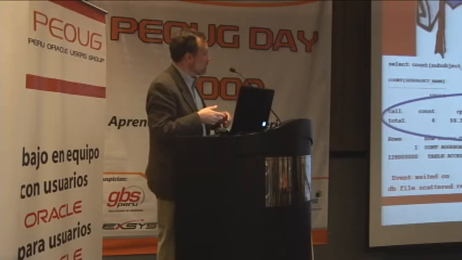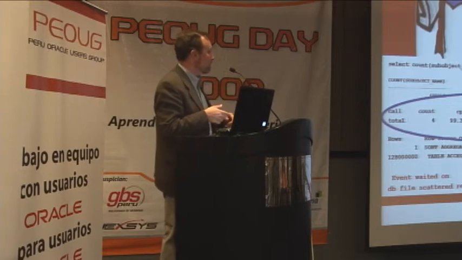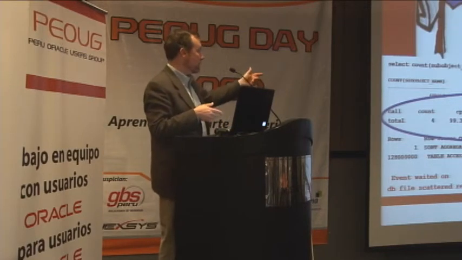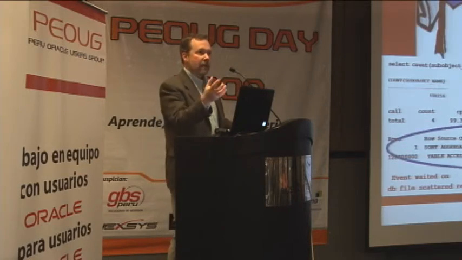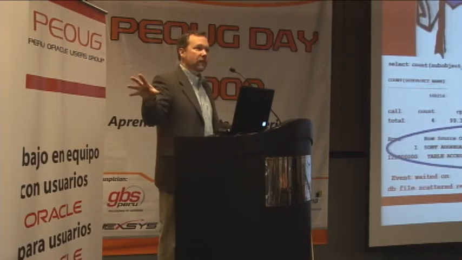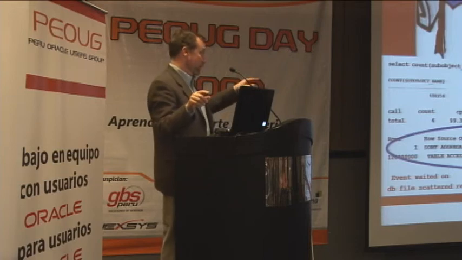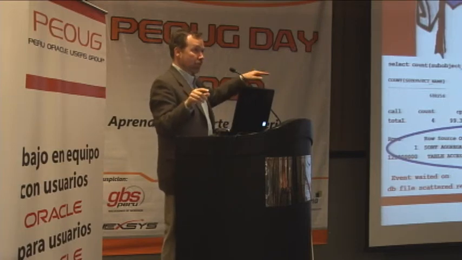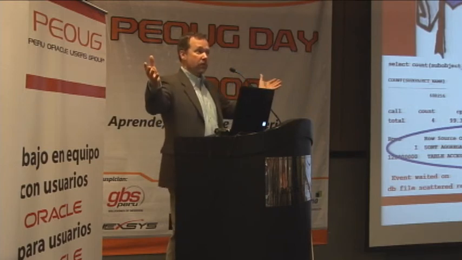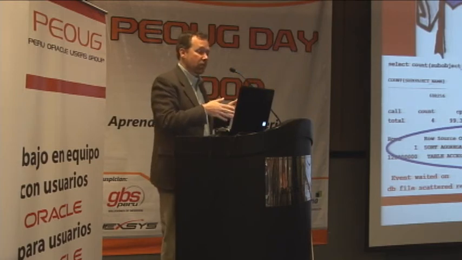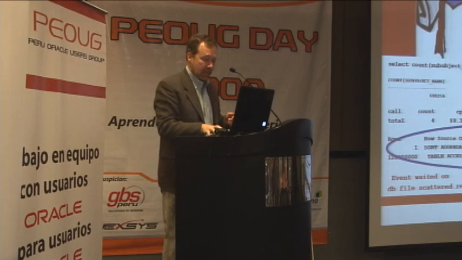It did lots of physical IOs, 1.8 million, and lots of logical IOs as well, 1.8 million. We get to see details down to the individual steps of the query plan itself. We can tell you how long each one of those steps took. So I can not only tell you how long the query took to run, I can tell you how long each individual part of the query took to run. I can also